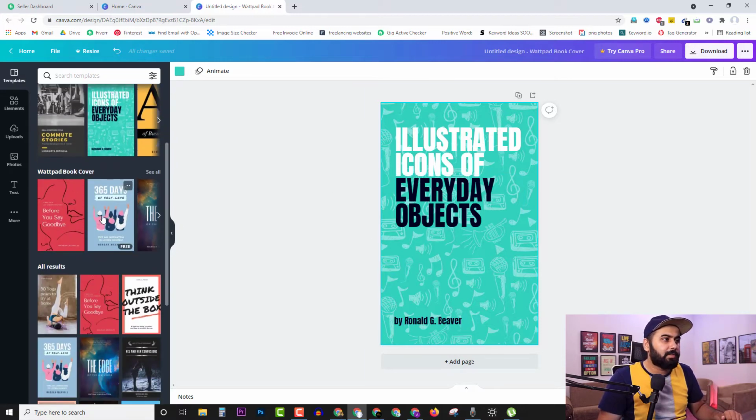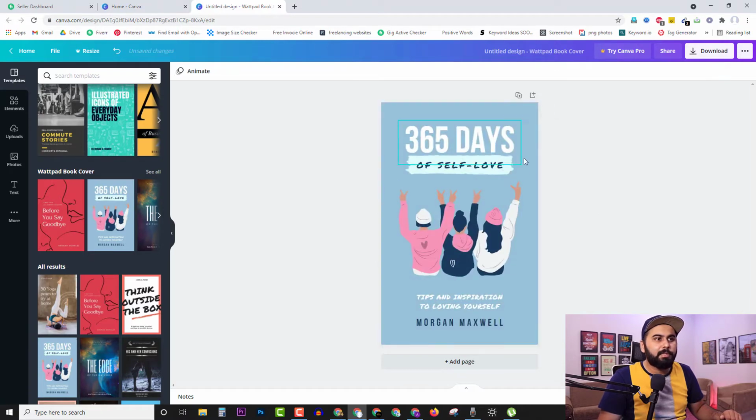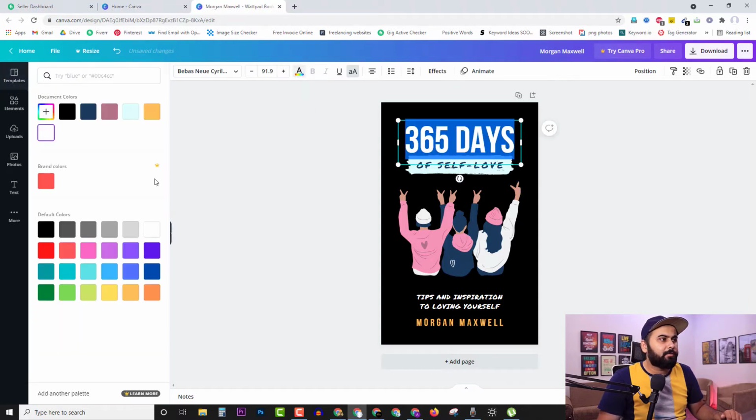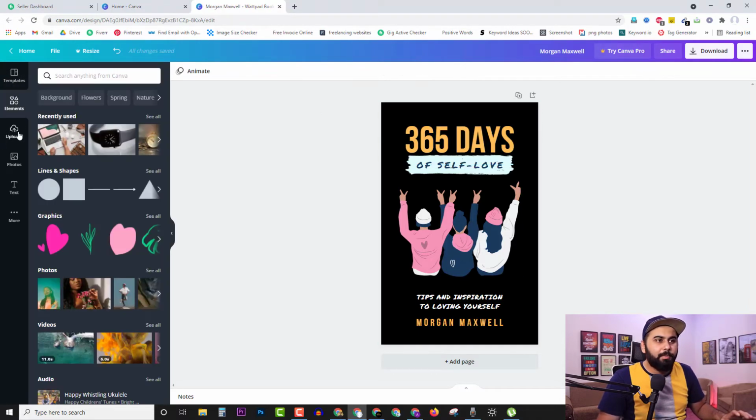For example, if we choose this one, you can see this is a beautiful design and we can change the colors, and now you can see we can edit anything that we like. Let's change the color of this one, or you can upload any picture that your client has provided to you and upload it to your design here from this icon. So for example, this is our design and we can edit each and everything according to our client's need. After that, we are going to send this design to our client.